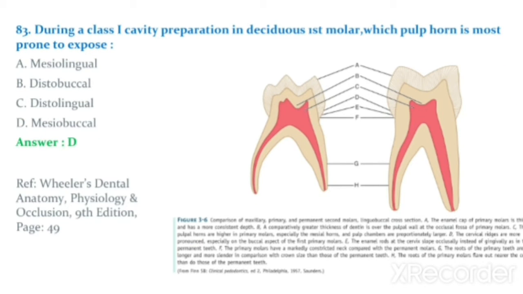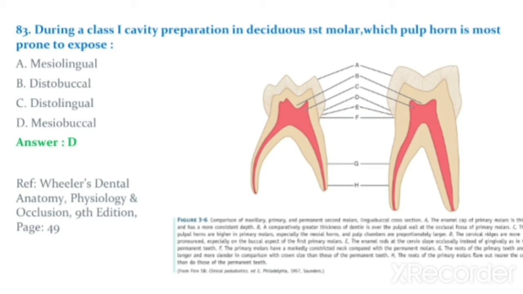In figure A, showing the enamel cap, A indicates the enamel cap of primary molars is thinner and has a more consistent depth, and B indicates a comparatively greater thickness of dentin over the pulpal wall at the occlusal fossa of primary molars